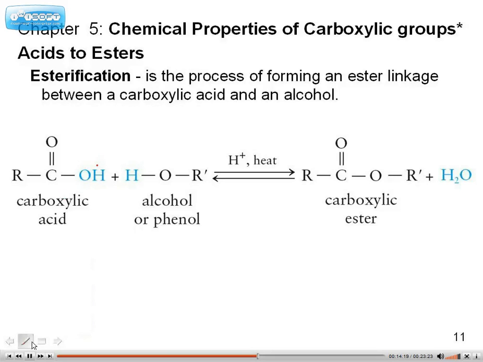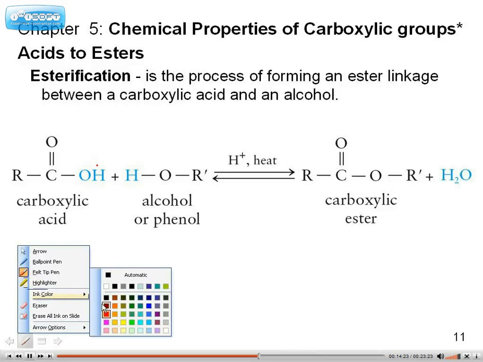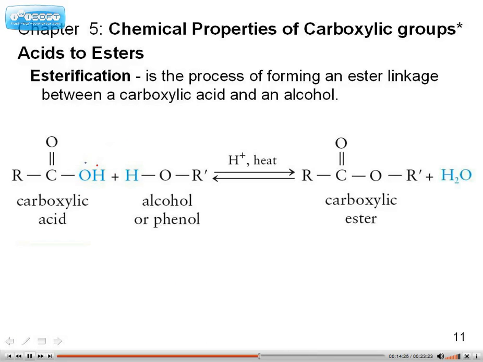So in this case, and I'll circle everything in blue, the alcohol portion of the carboxylic acid and a hydrogen from another alcohol or phenol, in the presence of an acid catalyst along with a high temperature,